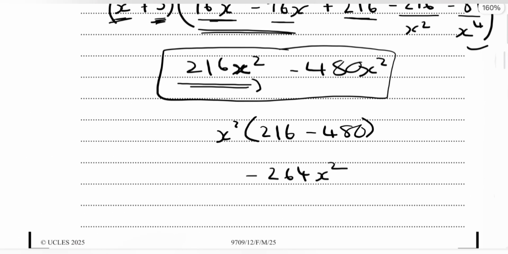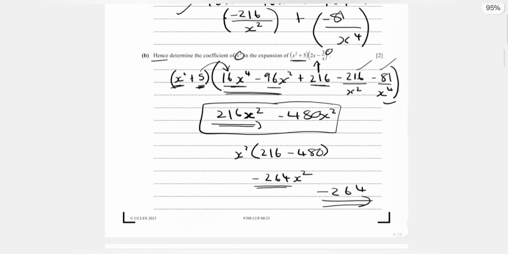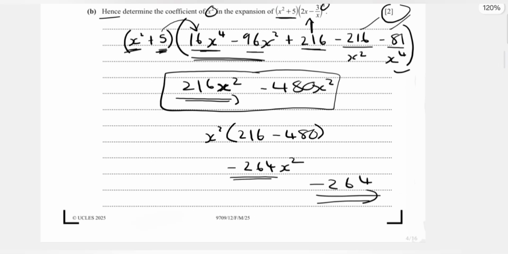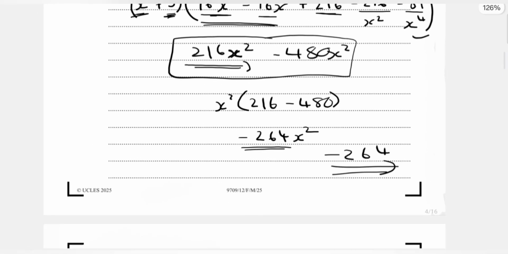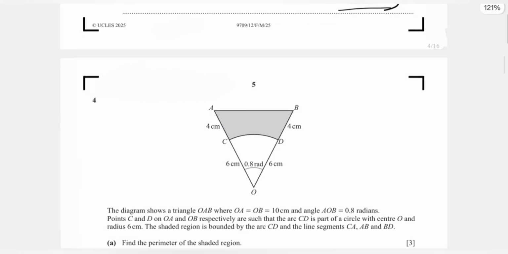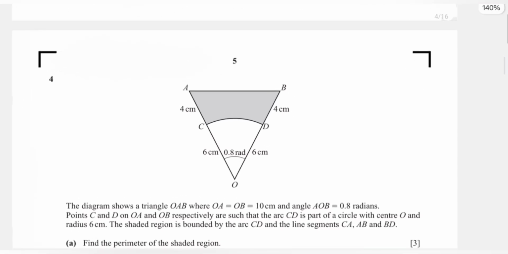So the coefficient of x squared for that is minus 264, for 2 marks. And so with that, we move on to number 4,